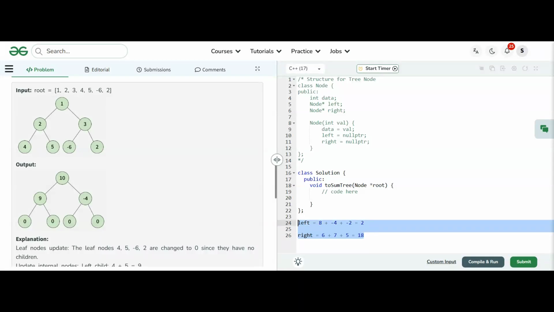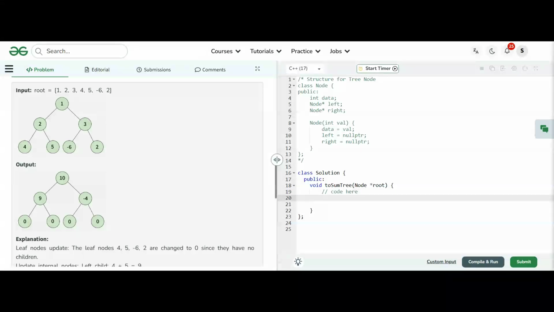Normally for these tree related problems we use recursion. So I will create a helper function, dfs, taking a node.